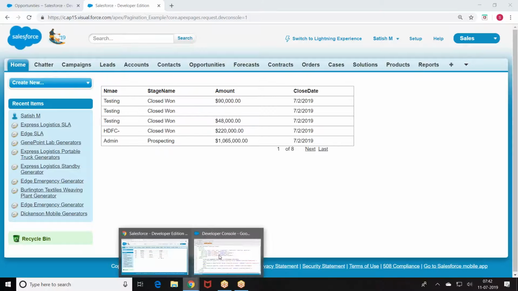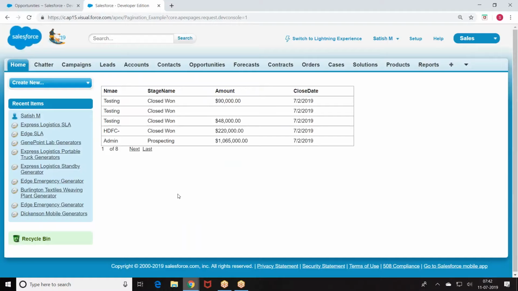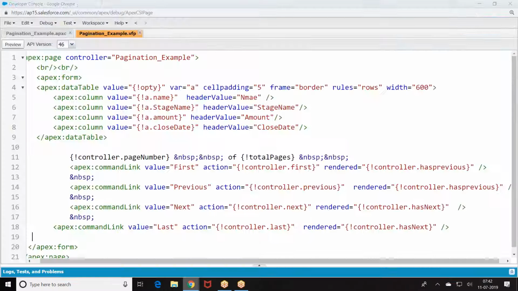This is what we got. We can remove the center if I want. Look at the story.